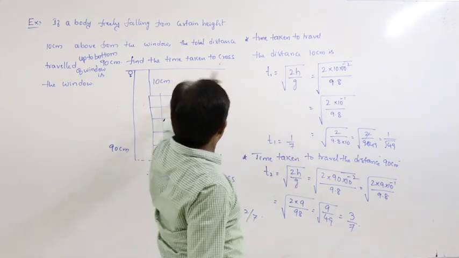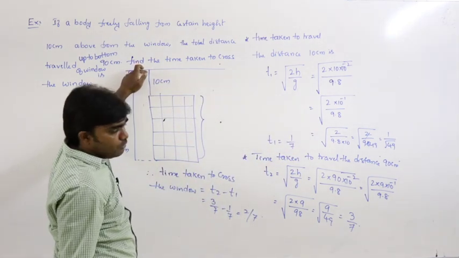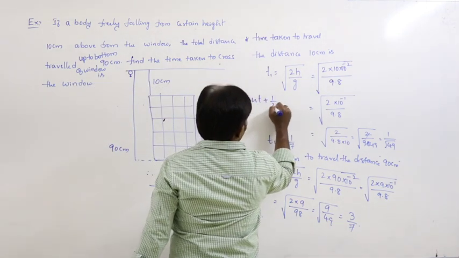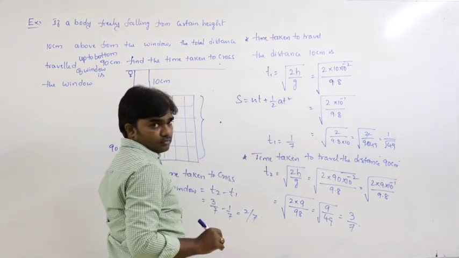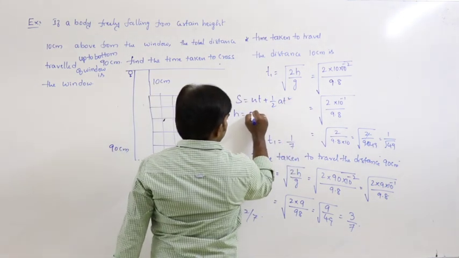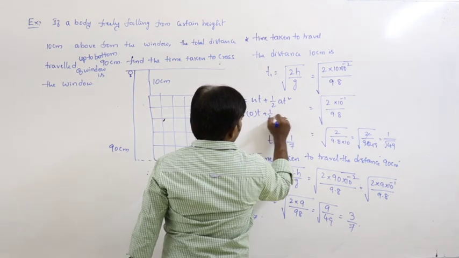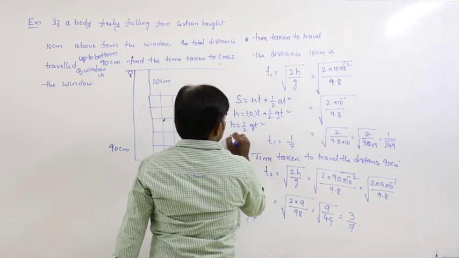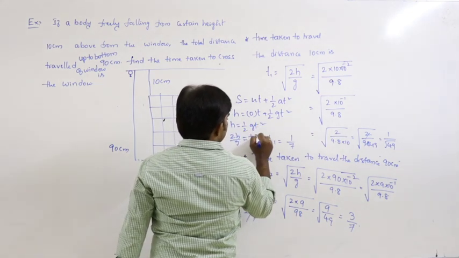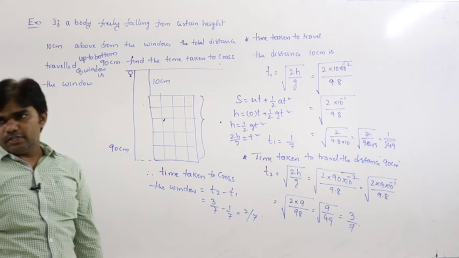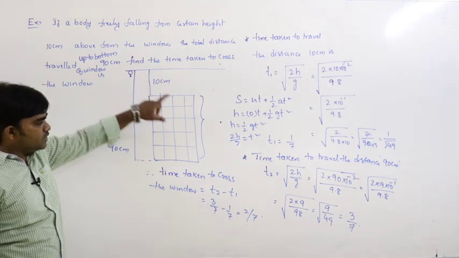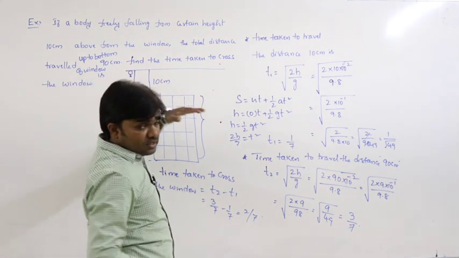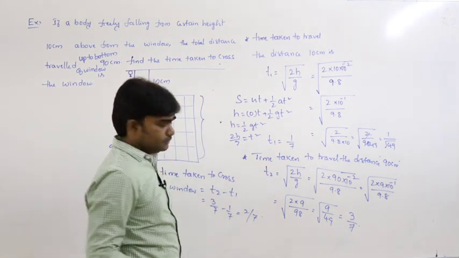Because for the distance traveled, here also it acts as a freely falling body. So see here, from the equation s equals ut plus half at square, distance is let us say h, freely falling body so u is 0, into t, plus half gt square. So h is equal to half gt square, 2h by g is equal to t square. So t is equal to under root 2h by g. So if the height is mentioned, the time of descent formula is under root 2h by g, when the condition is only a freely falling body.